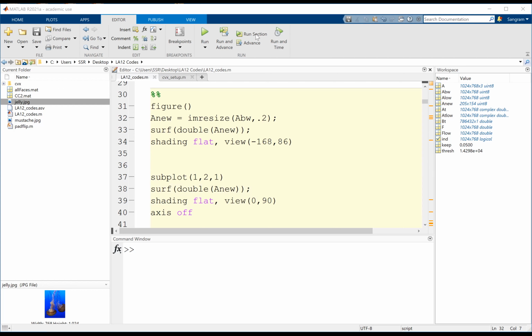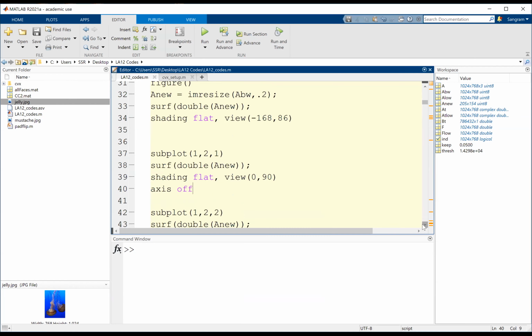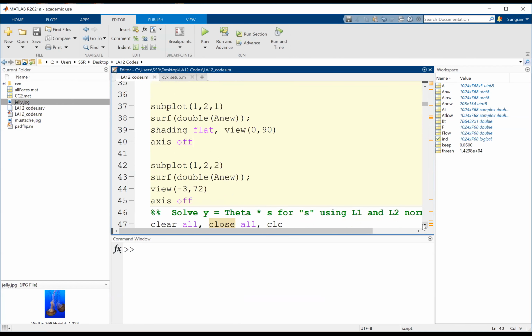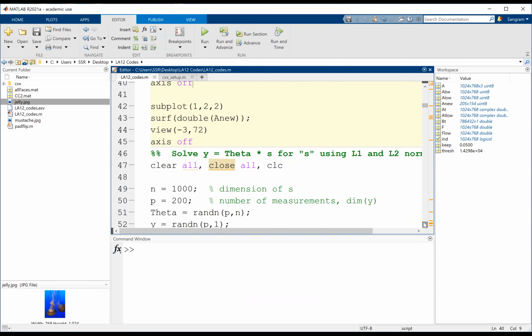If I scan these points randomly, then I should be able to capture my image very well. So let's go to a few more examples, and then we will actually work out the problem.